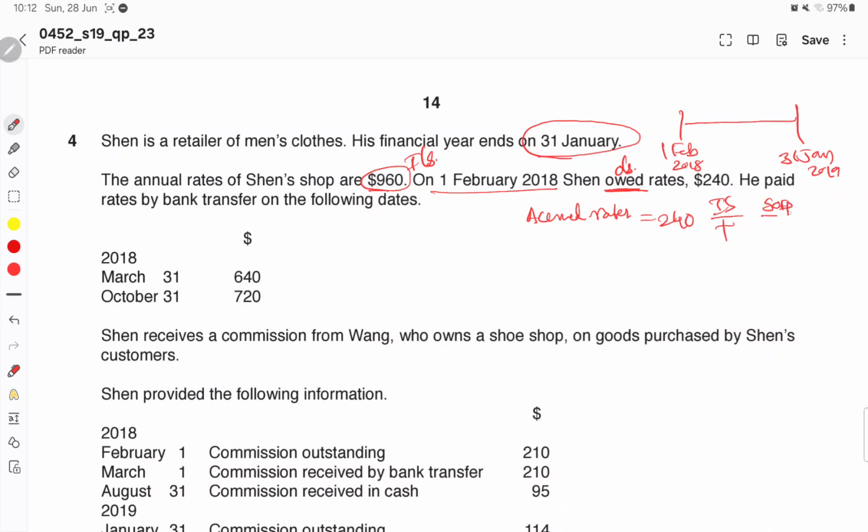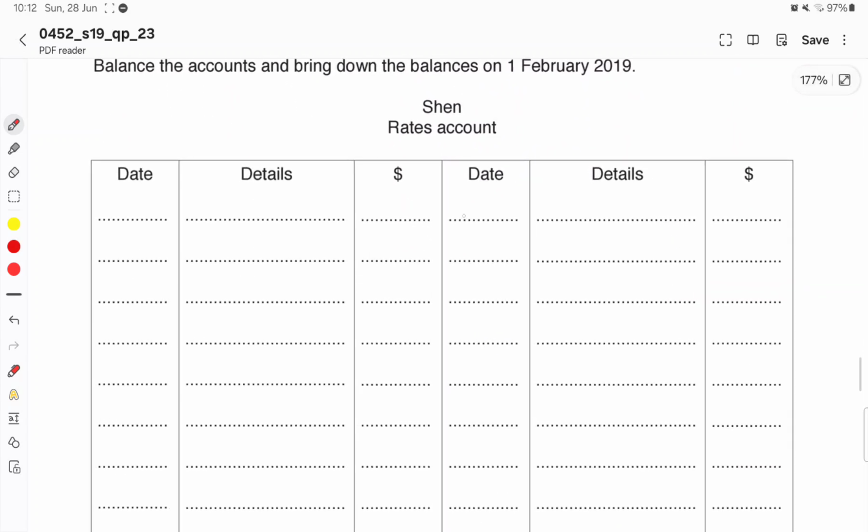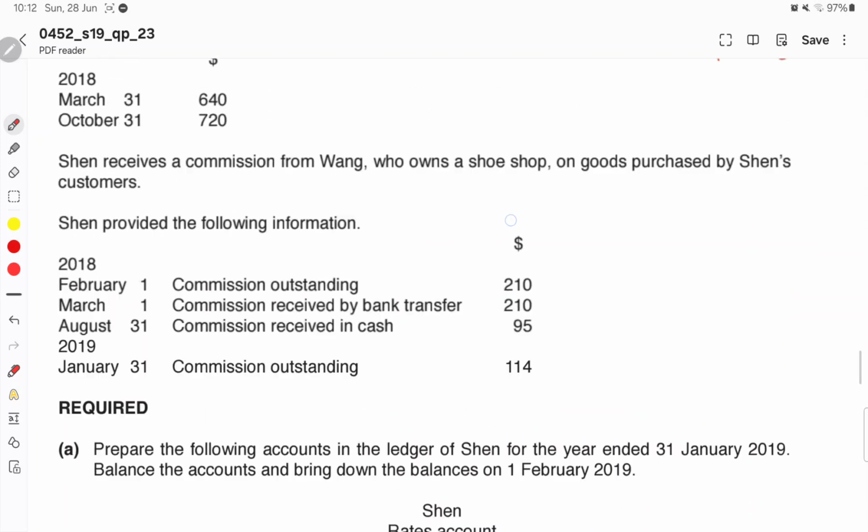So whether it is an asset or liability? Owed means you have to pay. It's an expense, so it's a current liability, it will show a credit balance. So you can write on the credit side as the opening balance here. The date is 1st February, right? February 1st, 2018. This is the opening balance, so we are writing it on the credit side because it is an accrued expense. So balance brought down. Accrued expenses is a liability, that's why we are writing on the credit side. So the opening balance will be on the credit side, $240. Next,